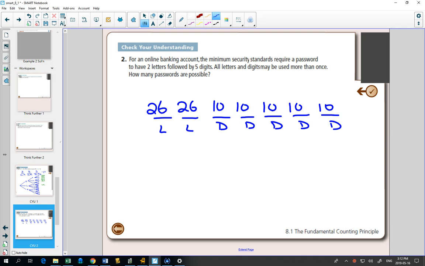So even though it's 2 letters and 5 digits, if you knew that a person did that, how hard would it be to guess their password? Well, if we multiply this all out, we get 67,600,000. That's a pretty big number. It would be pretty hard to guess their password, even if you knew it was 2 letters followed by 5